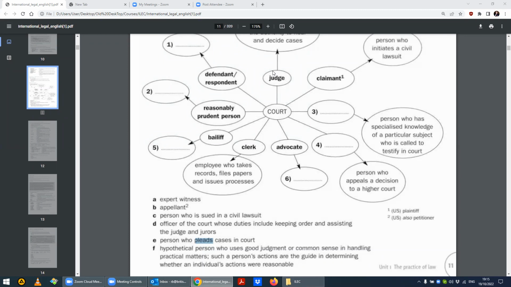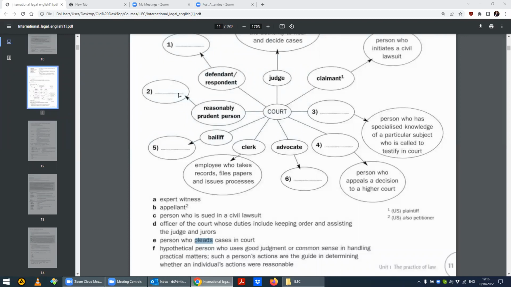It's D, quite right. A bailiff is an officer of the court whose duties include keeping order in the court and assisting the judge and the jurors, and also assisting the court with enforcing the court orders. That is a bailiff. Right, now, very important in the common law, in relation to both criminal and civil matters,